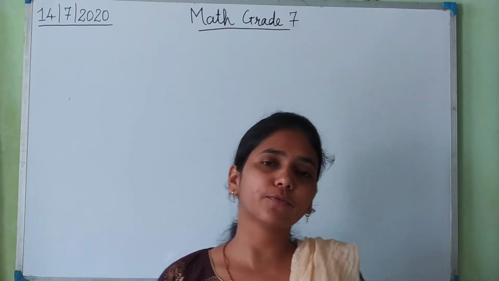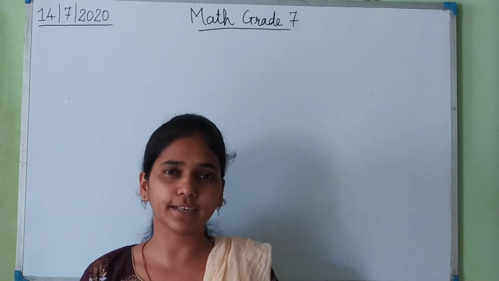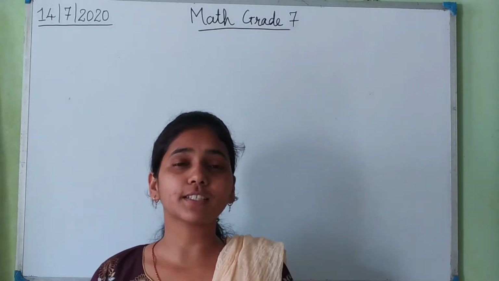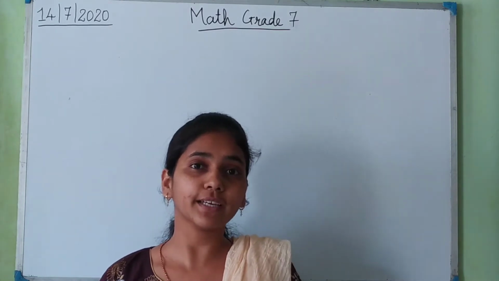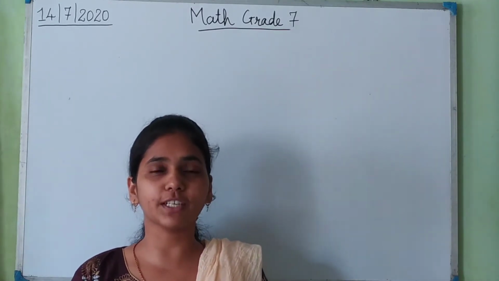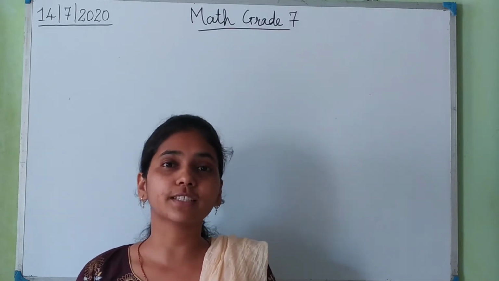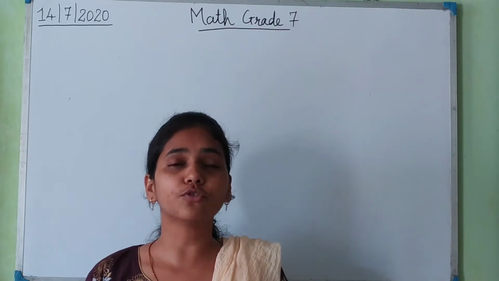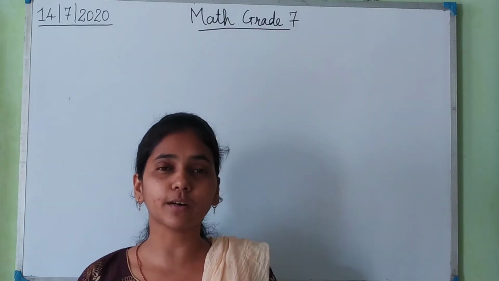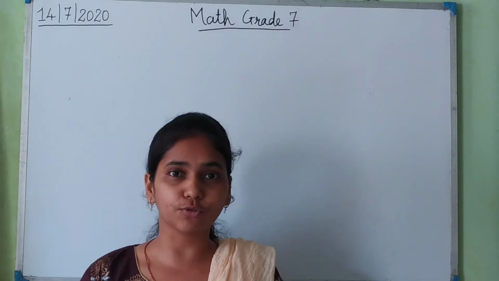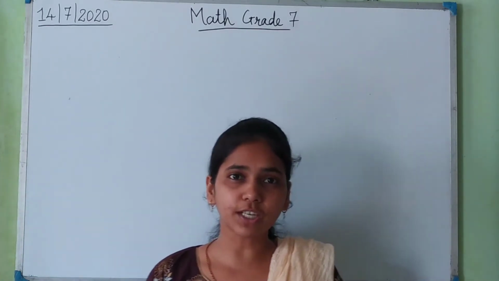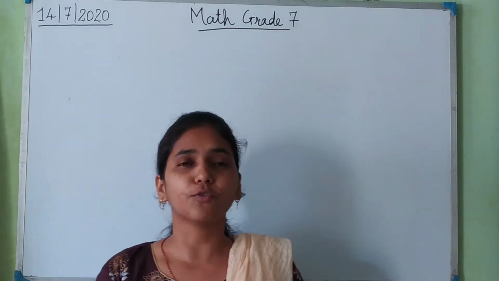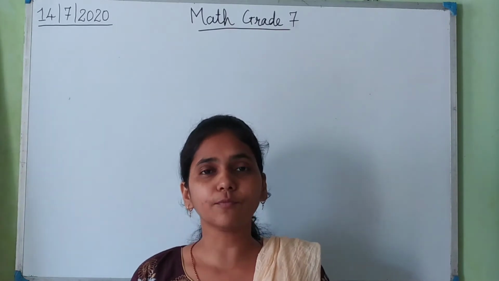So before that, let us just discuss what we had done in the previous class. We had studied how to multiply two negative integers, or one negative integer with a positive integer. We studied multiplication of two numbers with the use of sign rules, and we made a multiplication table using the sign rules. The same sign rule table we are going to apply today also.